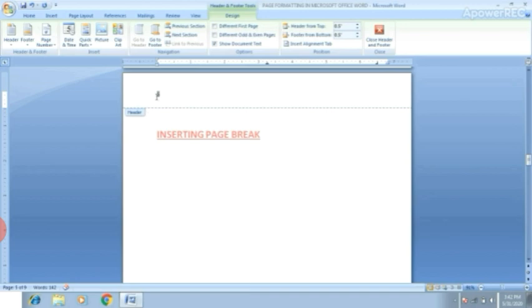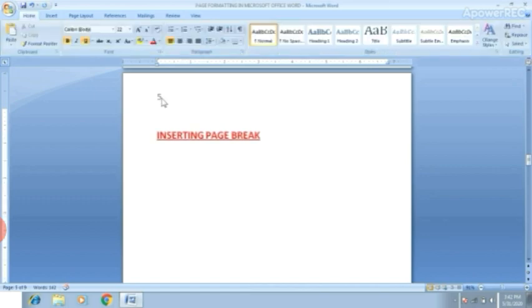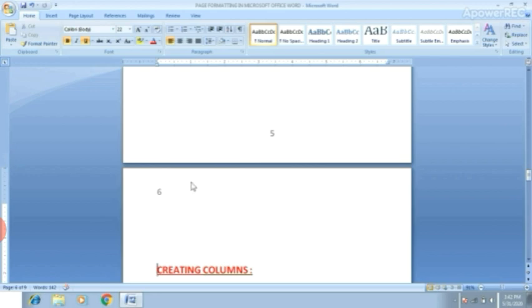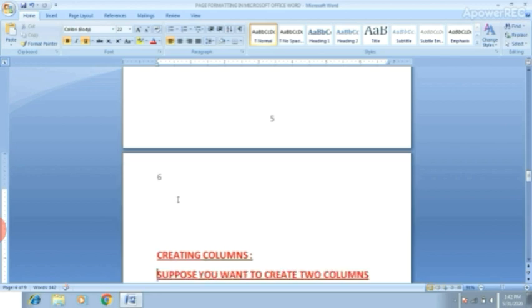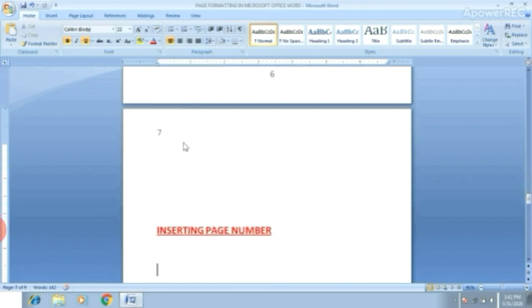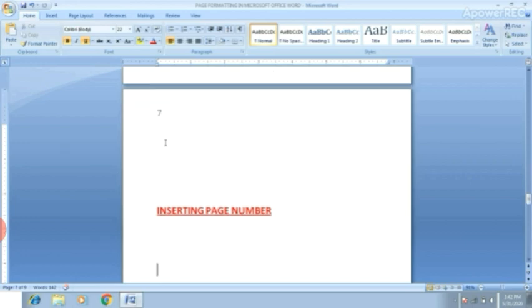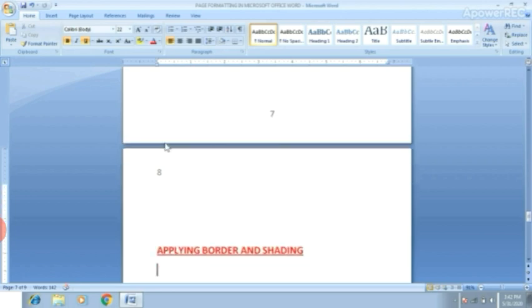I have selected the top of the page. As you can see, automatically the ordering of the number has changed, 5, then 6, then 7. Whatever pages you have inserted, in every page the page number will be inserted.